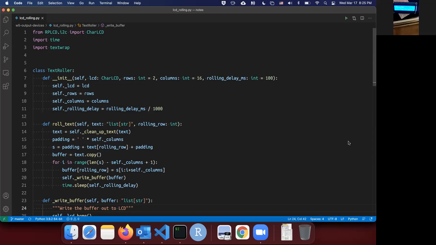Each cell can display a single character. So what if we have a longer message? What do we do? Well, one idea is to roll the text, and basically, you know,